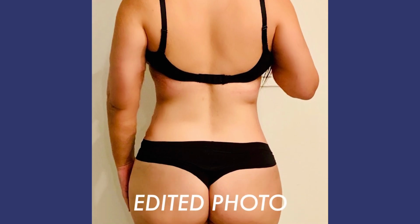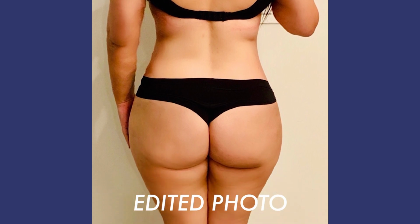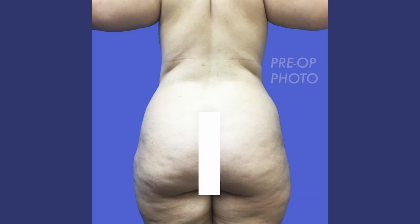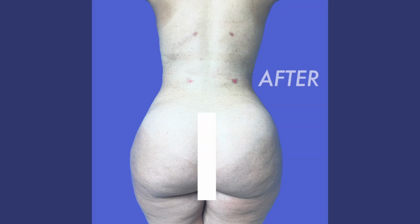Here's an example of somebody who brought in a Photoshop photo of themselves. Here's her preoperative photo. Here is her photo with the Photoshop editor. And here is her true, real result after having OG lipo and a BBL. So you can see her body looks better after having a BBL than it did with her own photos edited